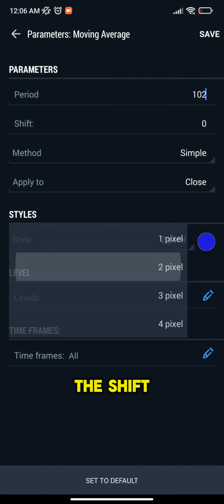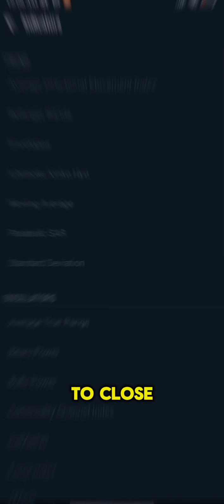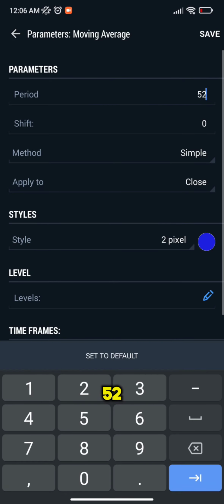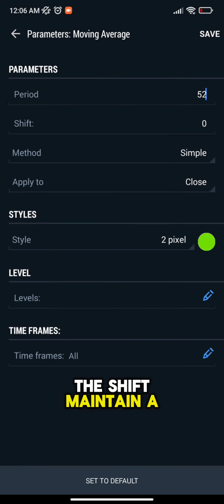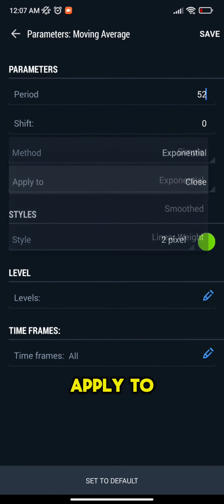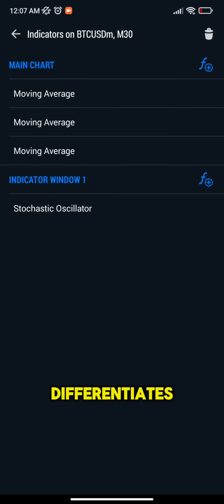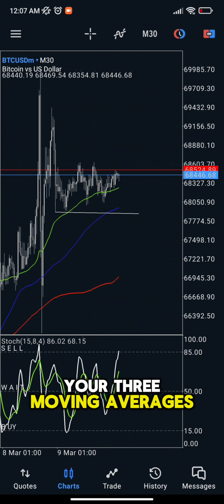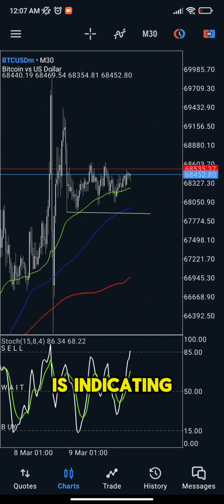Remember that, the shift to 0, the method to simple, and then we apply to close, okay? And lastly, we move to the 52 moving average. The period is 52. The shift maintain at 0, method to simple, apply to close. The color we are also going to change and make sure it differentiates from the previous one. Once you have all your moving averages, now you can see that the stochastic oscillator is indicating that there